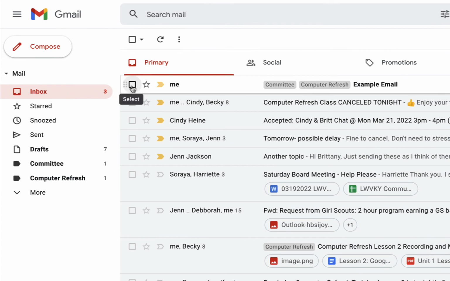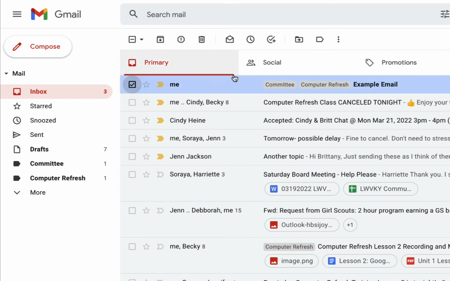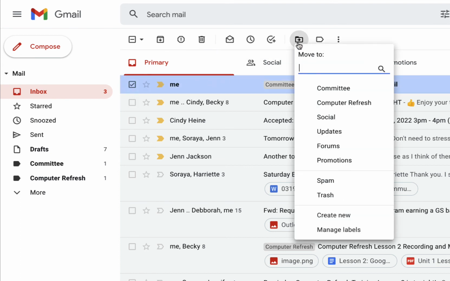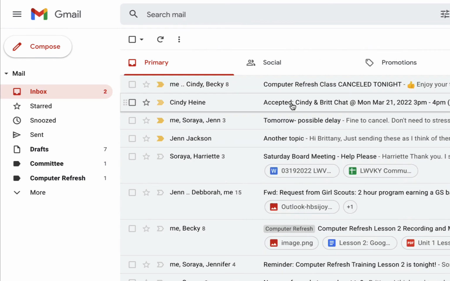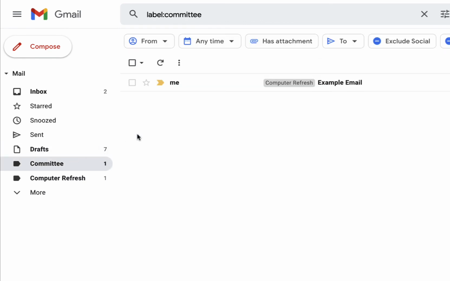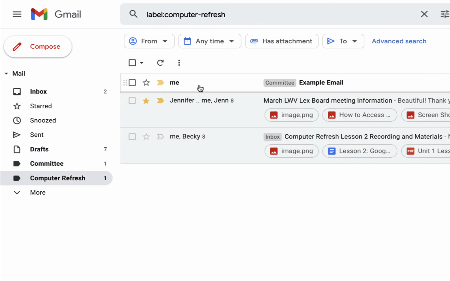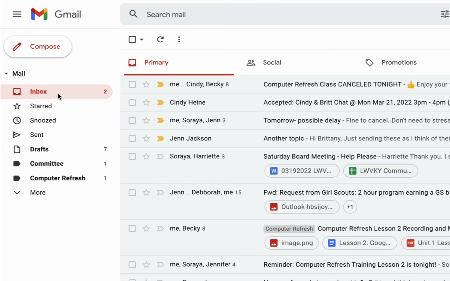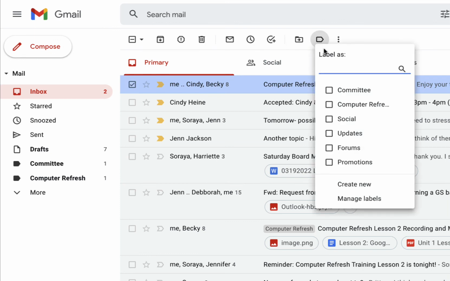To move it, if you don't want it to stay in this inbox, you can select it and then come up to move to. It's already in committee, but we're going to click that once more and you'll see that this is where it's going to live now. That's not deleting it, it's just adding it to this spot only. Now, when we go back, if we click on it again, you'll see